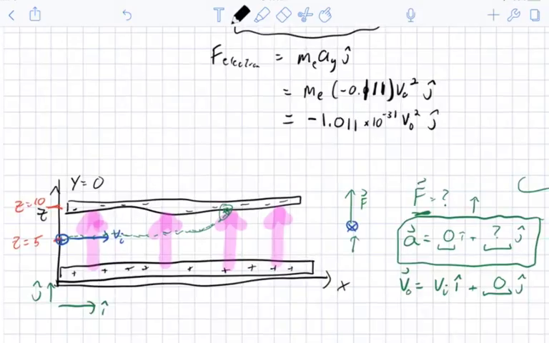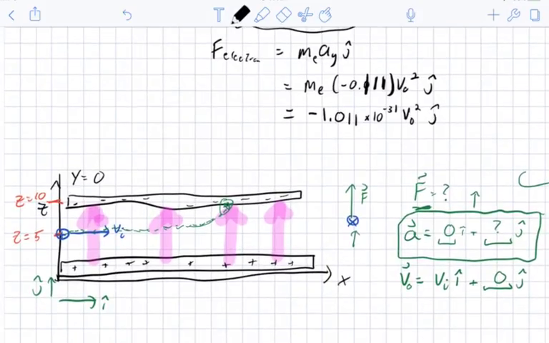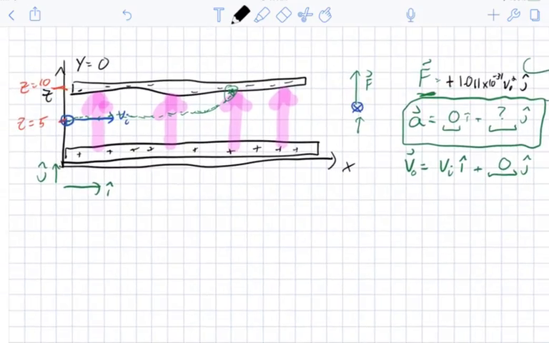On to the proton part of it. We argued that the proton is going to feel the same force in the opposite direction, so pointing upwards. So it's going to be plus 1.011 times 10 to the minus 31 v naught squared j hat. So we can use that force to figure out what the acceleration is. M proton. So it's going to be 0 in the i hat direction and 1.011 times 10 to the minus 31